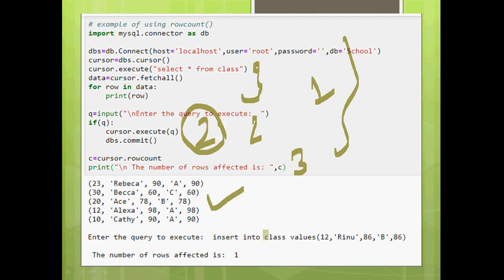So these are the rows. The query that we are executing is insert into. So we are entering only one row in it. So the number of rows affected will be 1. What is the query executed? We created c is equal to cursor dot row count. C is any variable, it can be ABCD or whatever. Cursor dot row count returns a value, the number of rows that have been affected. Cursor now contains the result, right? So it is very easy to get the row count of the result, and C now contains the number of rows in the result, and we print it now.